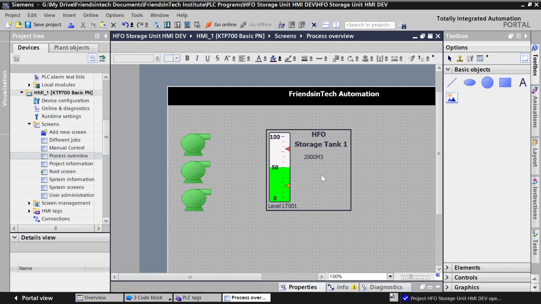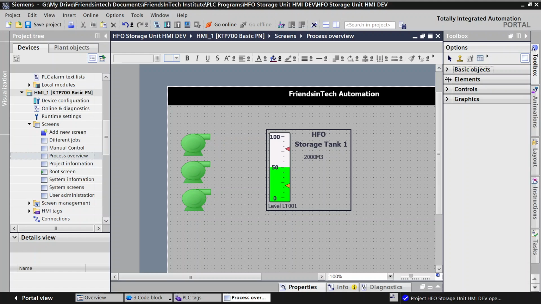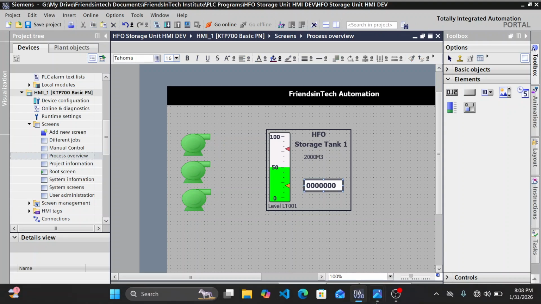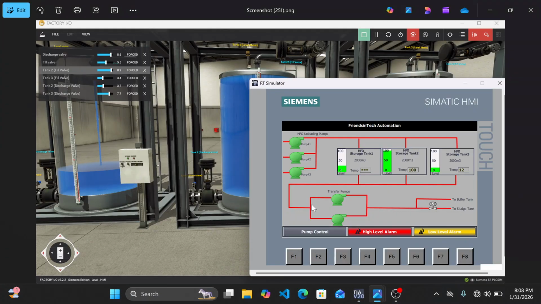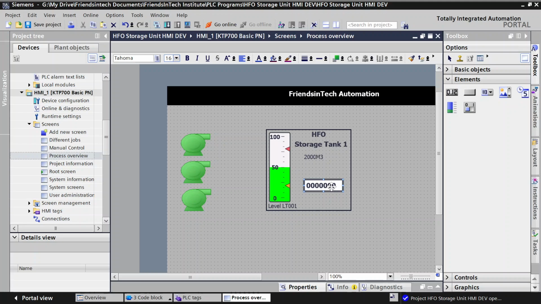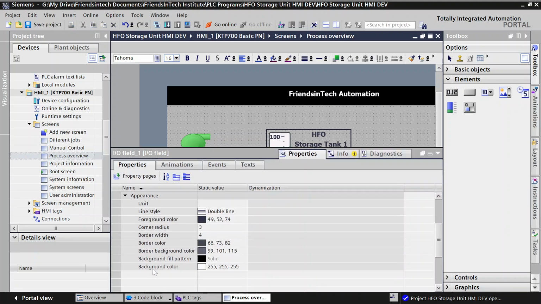Then I need to add numerical display for temperature. Numerical display for temperature. So you can just come to basic to elements here. Then you can add this here. This here, just drag and drop. Now we have to change some properties of this here to be exactly as this. So if you check this here, the first thing, I have to remove this background to transparent. So come to background here, fill, instead of solid,